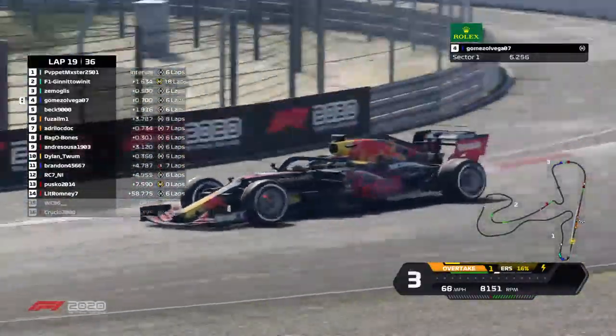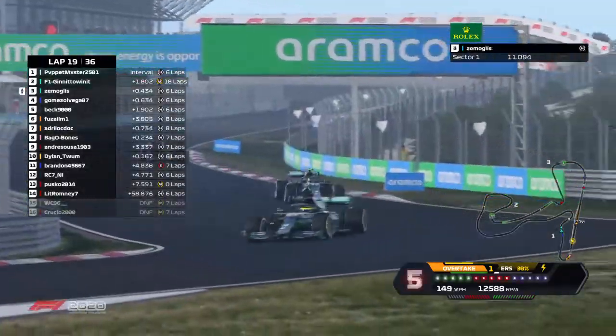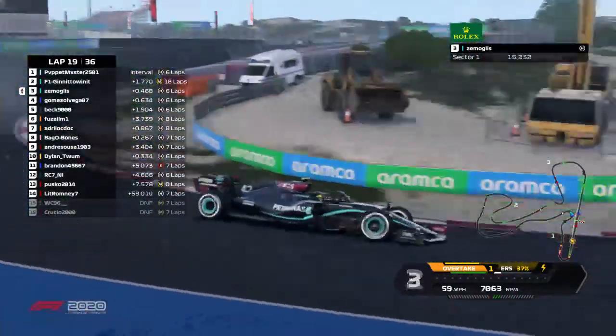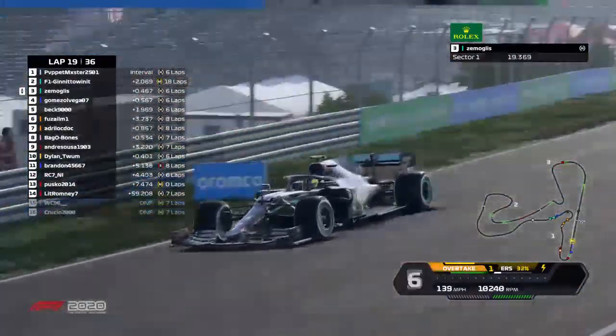At the front of the field, Puppet Master still extending his lead, Zenith hanging on to second. Zimaglis is closely behind him. That gap is about 0.4 of a second, as we see once again drivers locking up into that very challenging banking of turn